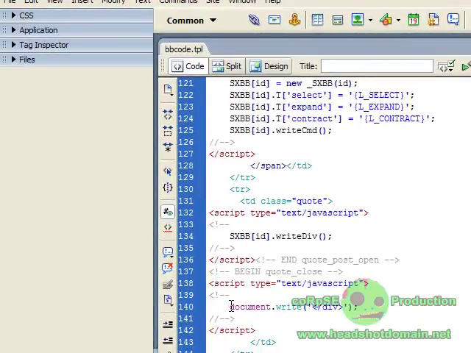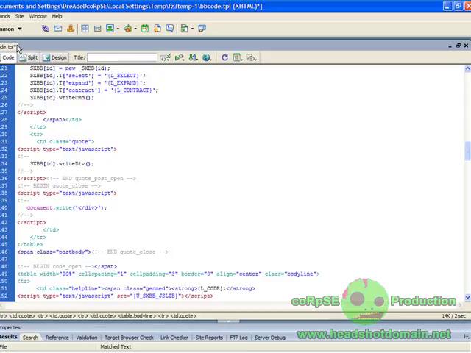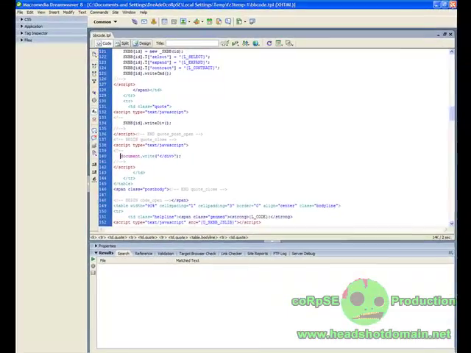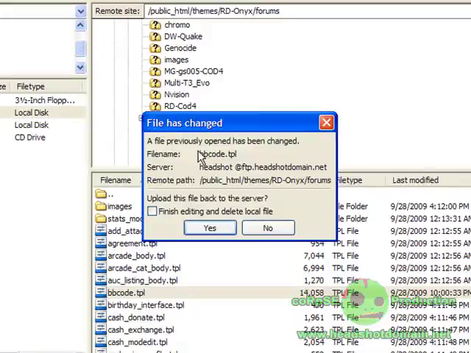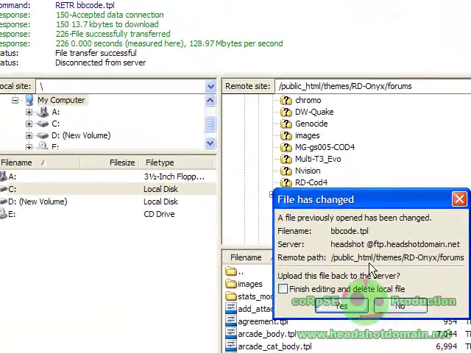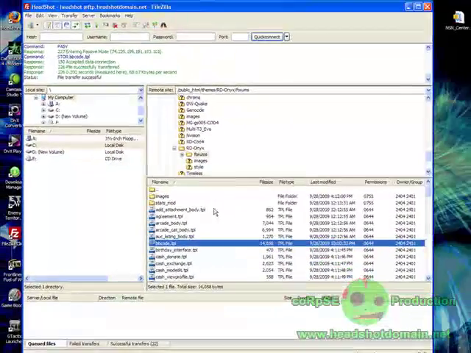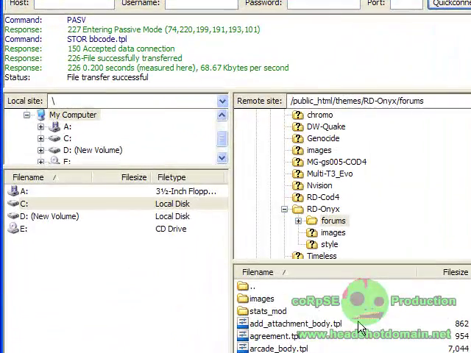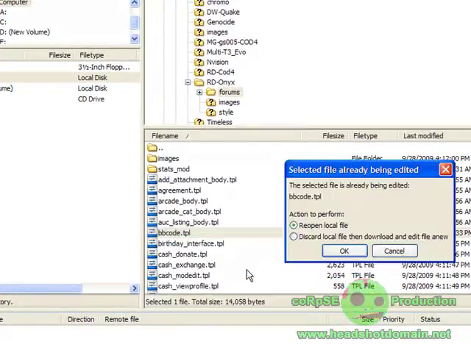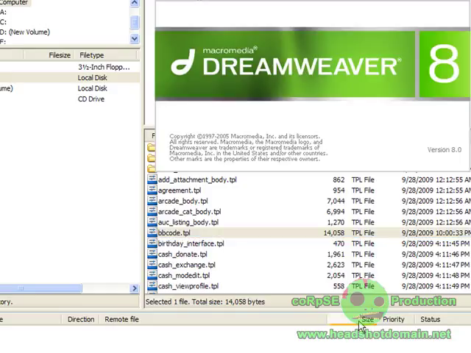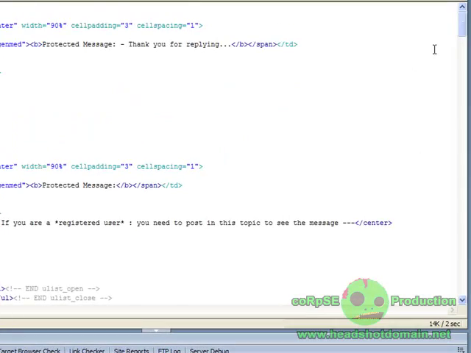So once that's open, you can edit something here. I'm just going to make a backspace there, so now I can save this. And let me close this. And now, as you can see, it says a file previously opened has been changed. File name, that's the one that I just did. Says where it's from, the remote path. Would I like to save it, basically? I'll click yes. And now every edit I just did is now saved on the server. If I actually kept that open and I did some edits, here, let me redo that. Reopen local file, it's already downloaded, so here, I'll go to